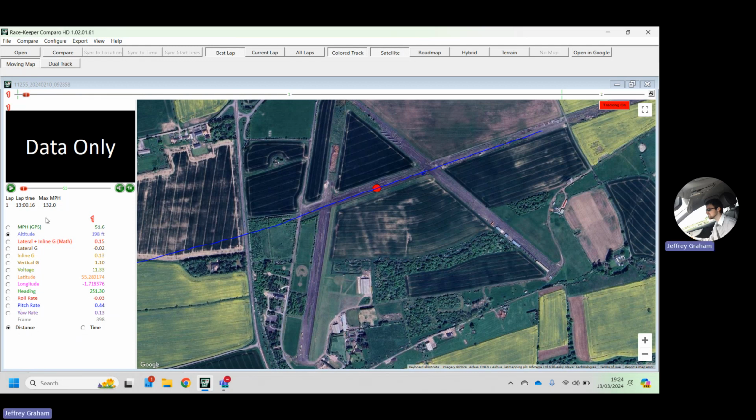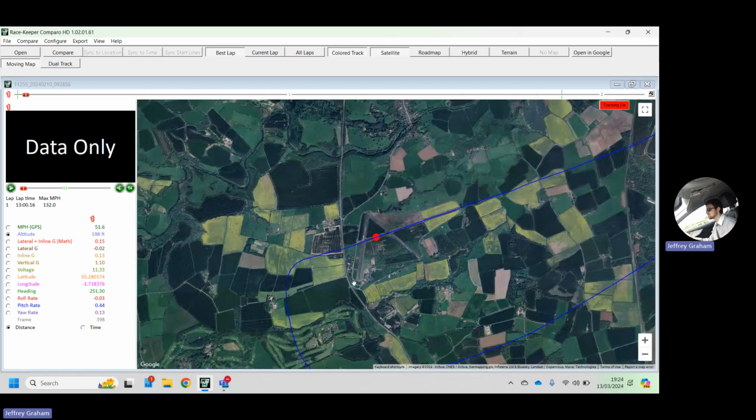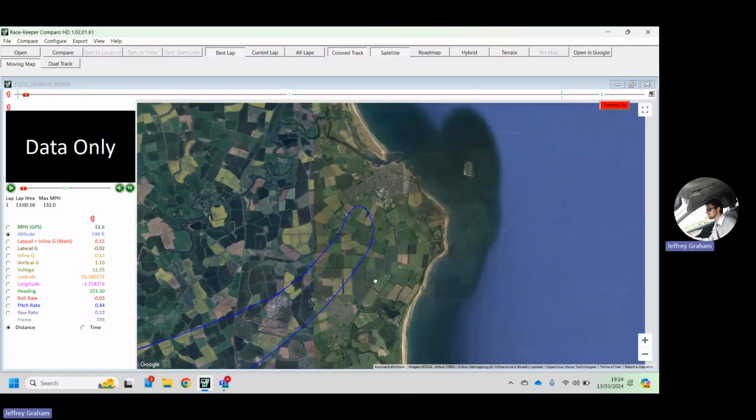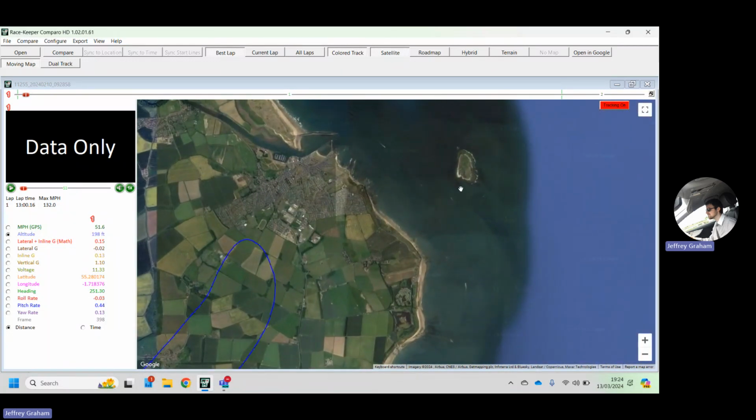I'll put the graphs on in a second. This is what these will be modifying. This is just to give you the rough idea. So the aircraft takes off, it does a loop. In this particular flight, we've headed off to the east coast, not far off